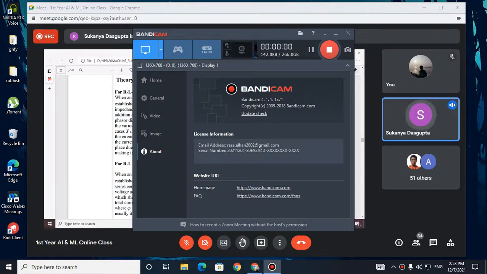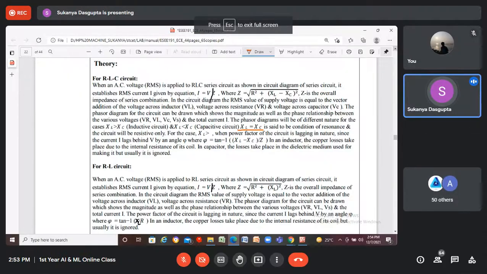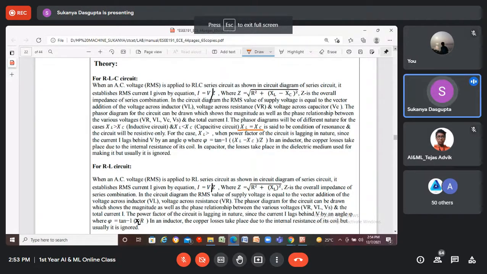This condition is called the resonant condition, in which XL, the inductive reactance, is exactly equal to the capacitive reactance. XL equals XC. That is a special situation. We don't require all these things to perform this experiment, but for the time being, you should understand the definition of impedance and how to calculate it. Later on in the theoretical classes, we'll see series resonance and parallel resonance with their derivations.